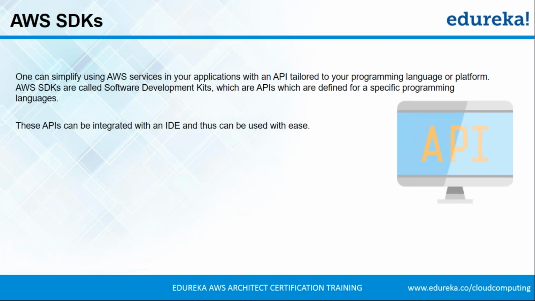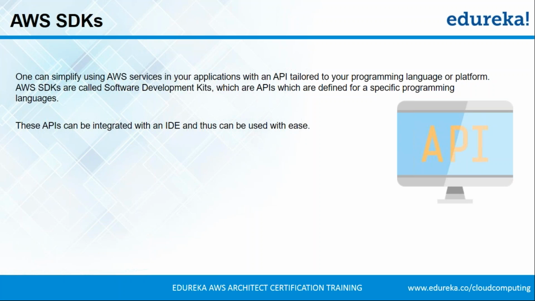The software development kits are basically APIs which are used by developers to connect to the desired service that they want. It makes the life of the developer easy because he can now concentrate on the logical part of his application